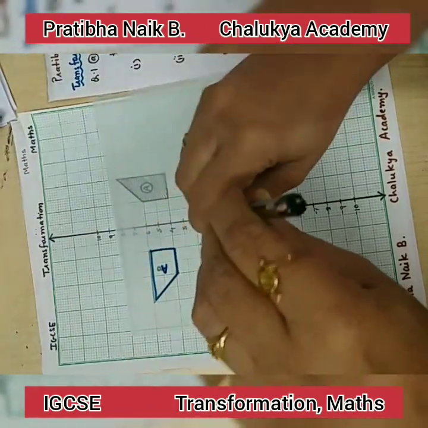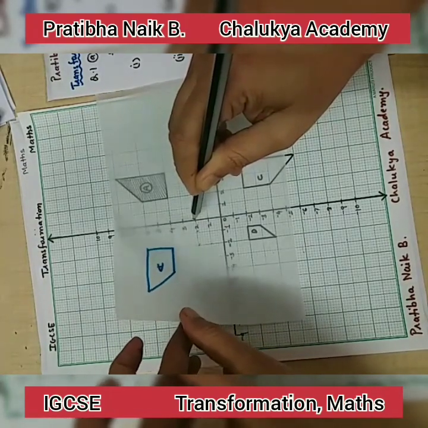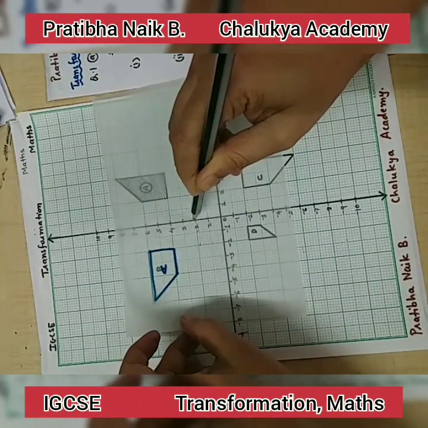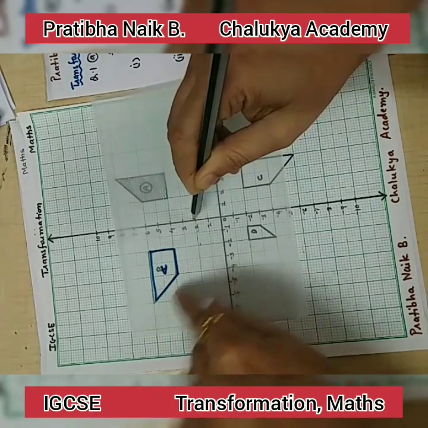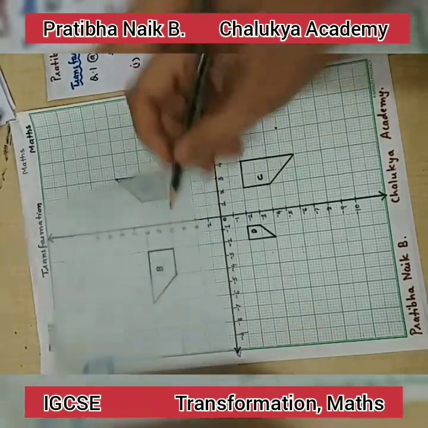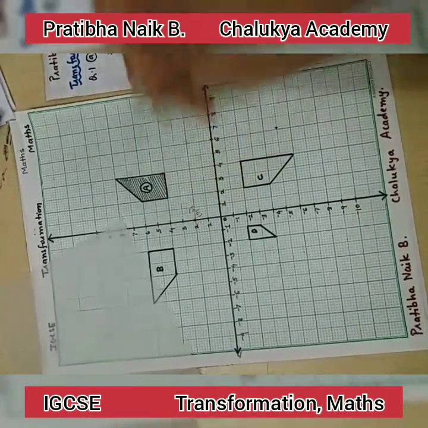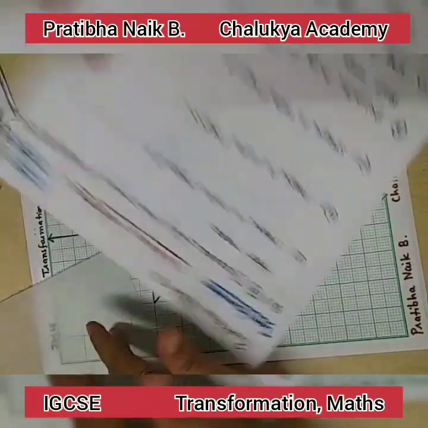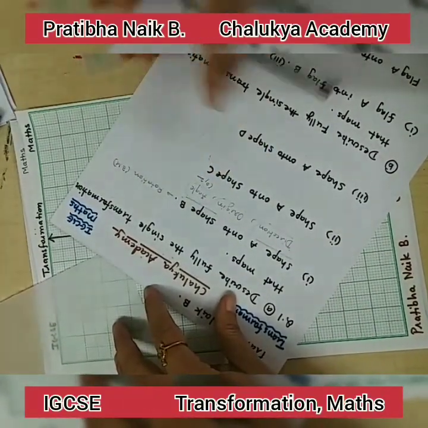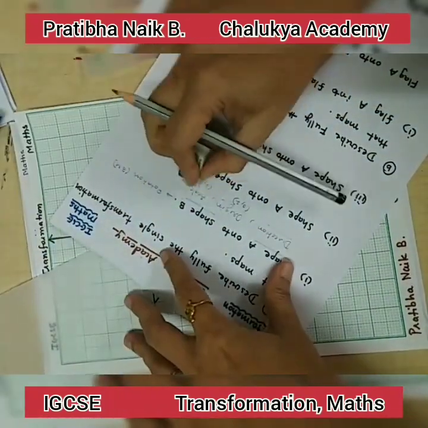See, now you can see that the triangle, or the shape which I have traced, is exactly coinciding with, or exactly matching, the given shape. Okay, so this is your answer. So this is the origin, that is 0, 2. Now we got the origin here, so we are writing here 0, 2. Okay, so origin is 0, 2 over here.